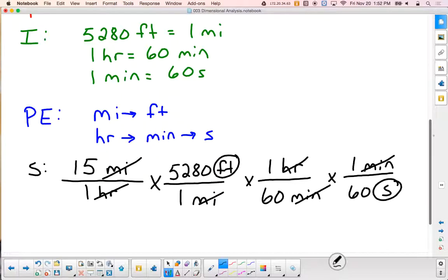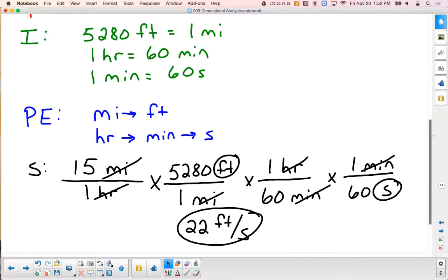Keeping two significant figures because of the 15 miles per hour. My speed in terms of feet per second is 22 feet per second. The rules of dimensional analysis didn't change. I just had to deal with some units in the numerator and some units in the denominator, and then I proceeded just how we